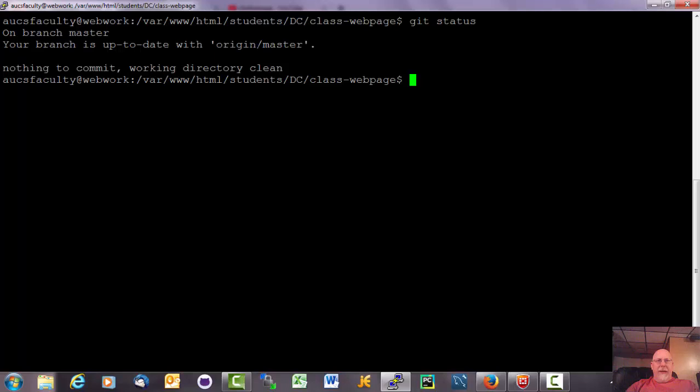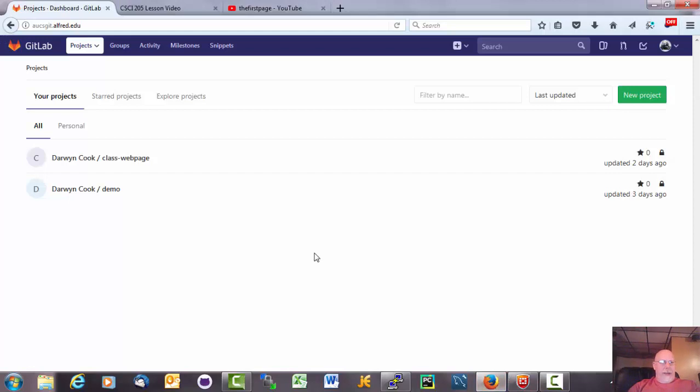Origin means the Git repository that's on our GitLab server. So origin master, I'm on the master branch. All these branches have names. This is the master branch up on GitLab. So if I go up to GitLab and look at my class web page repository,